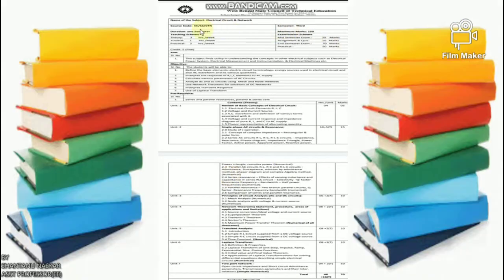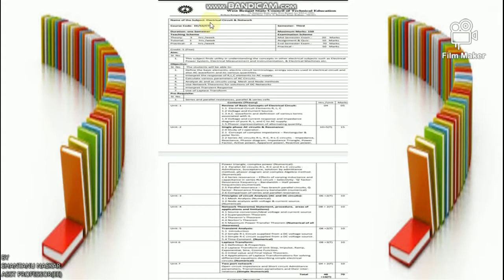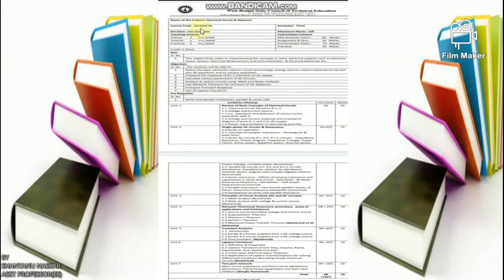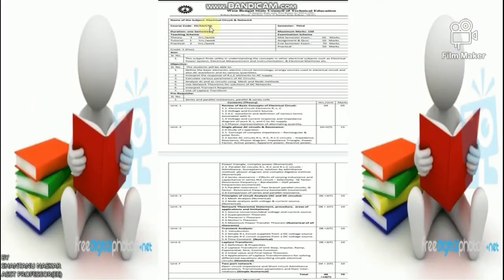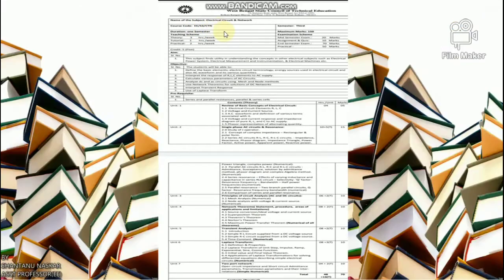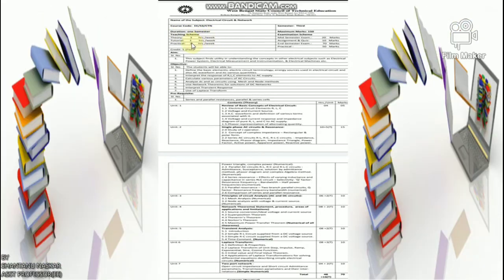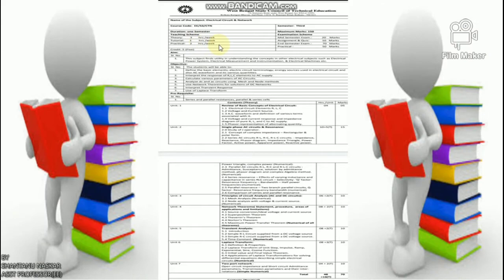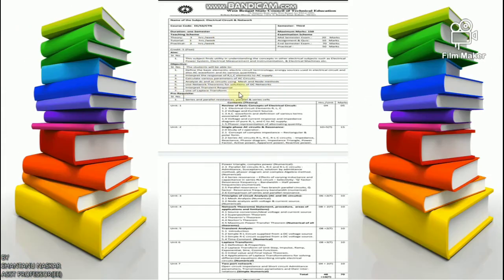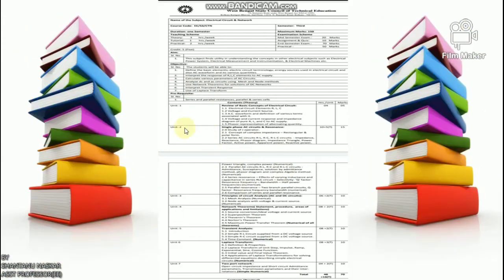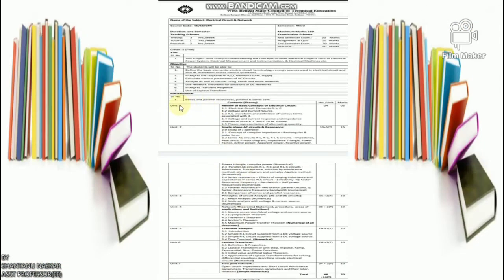So let's talk about your syllabus. The name of the subject is Electrical Circuit and Network, semester 3rd. Course code EE/S3-CTN. CTN means Circuit Theory and Network. So there are 3 hours lecture per week, 1 hour tutorial per week, and 2 hours practical per week. About this objective I have already discussed in my previous lecture. About this content, there are 7 content already I have covered.